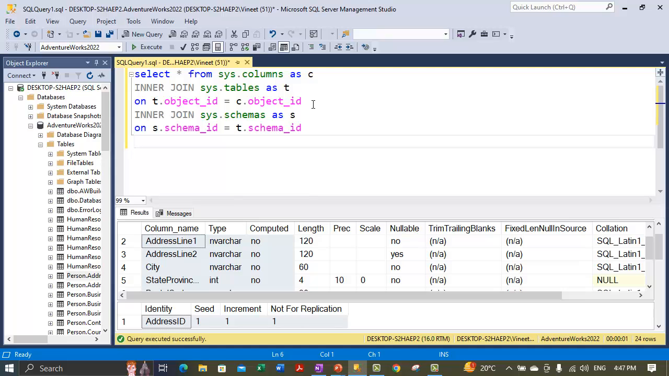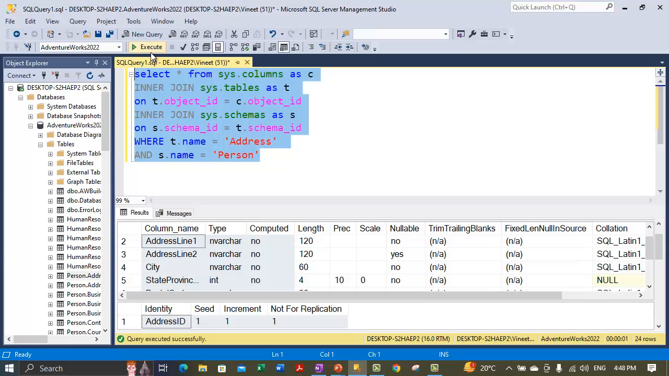So I've joined 3 tables, and now I'm taking a condition where I need to specify the table name. So it's t dot name. Now the table name is person dot address. So I just need to mention the table name here, not the schema. So table name is address over here, and we can specify schema by using the and command. So I can take schema from that schema table, and I can specify the schema. The schema is person. So this is how we can run this command as well, apart from that sp help